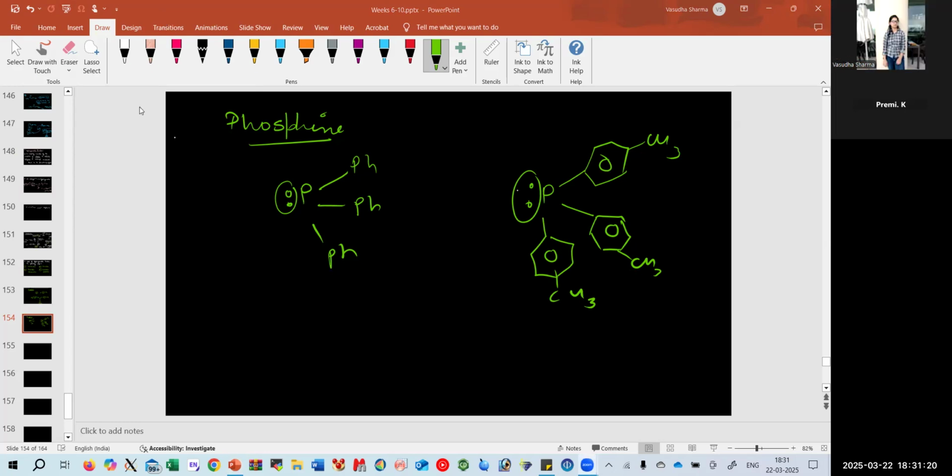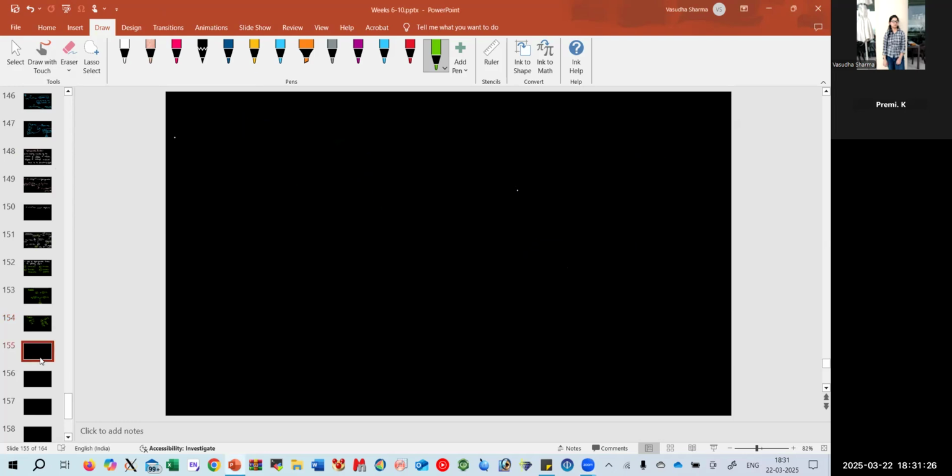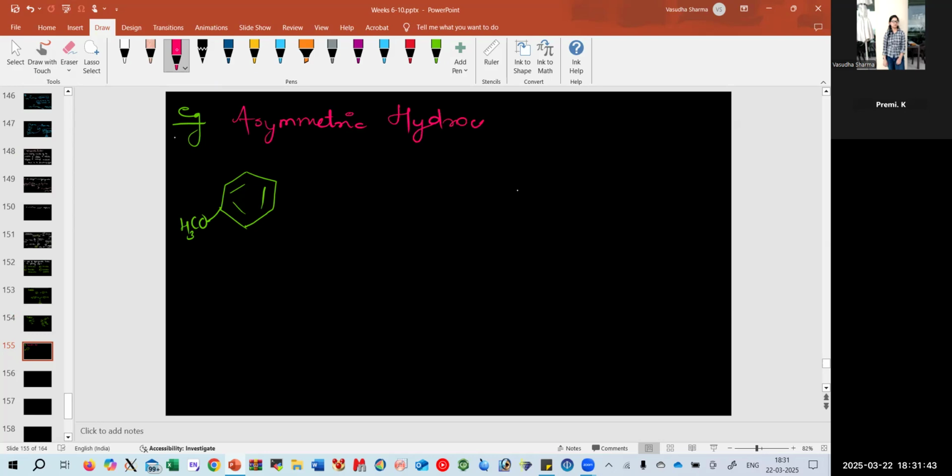So now we can move ahead. We can consider one example, which is an example of asymmetric hydrocyanation. Whenever we talk about asymmetric, that means it is going to give you some R or S isomer, some chirality has to be there, and where we are trying to form